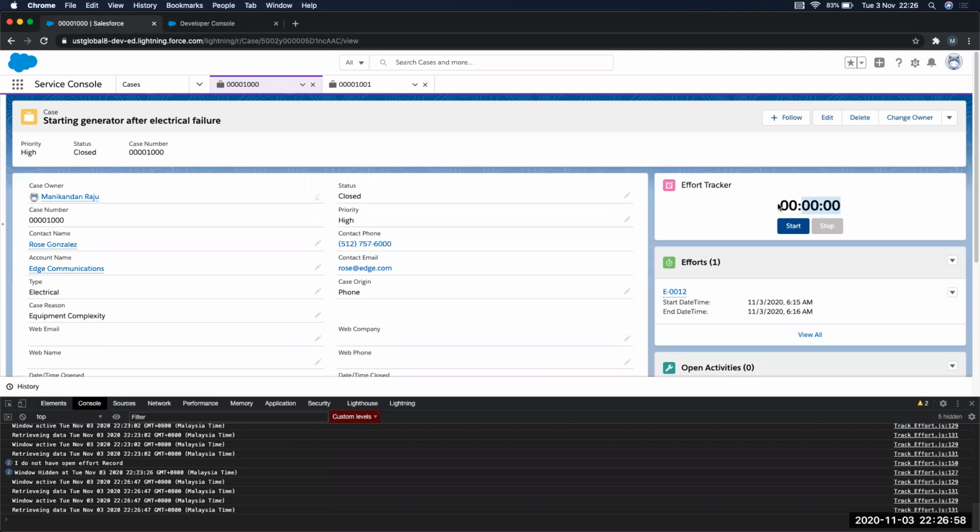Let's say in a process builder or time-dependent workflow, there is information updated at the backend after a certain duration. Unless you refresh the page, it might not be reflected. But you can refresh it using this Lightning Aura component, where you can execute this server call at a set duration using set interval or set timeout.